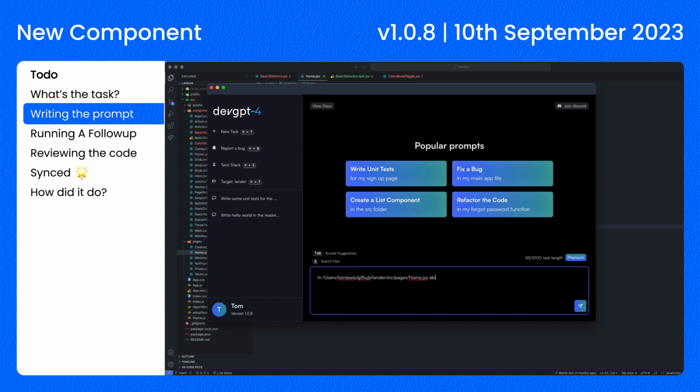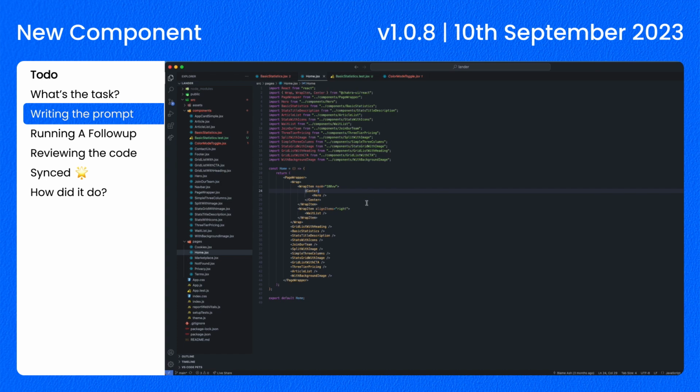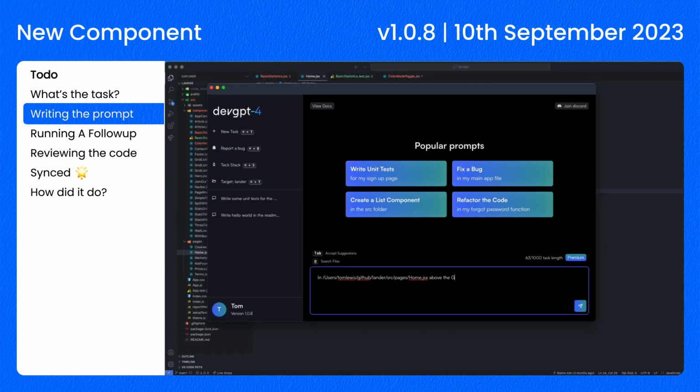above the, what's the component called? Above the grid list with heading component, add a Chakra UI. For anybody that hasn't used Chakra UI, use it, it's brilliant. Chakra UI card component